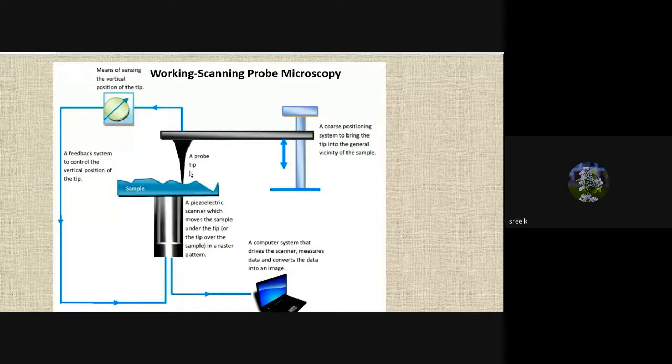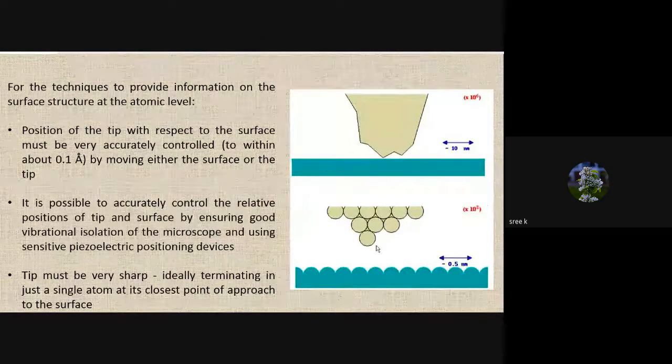Here also you do the scanning with the probe tip, and you have atomistic contact between the tip and the sample, and the positioning of the tip is adjusted by sensing, by the different sensors. So I'm just going fast through all these things. So the tip should have a size of a few atoms, and your sample will also be in direct contact with the atoms of the tip.